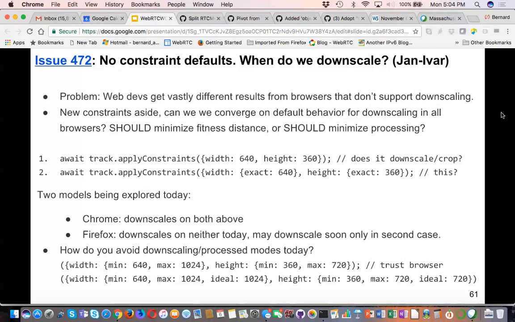Right now, we at Mozilla are working on some downscaling in Firefox. It mostly started in a different area, which was concurrent use in multiple tabs. We were concerned about the privacy issues: today, if you try to apply constraints in one tab, you can actually see it in all the tabs. That's not great for privacy. So we're now adding downscaling so that if one tab is open and another one opens, the camera's highest resolution is downscaled.